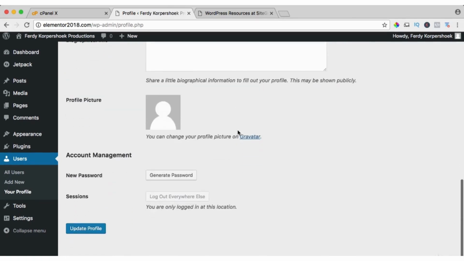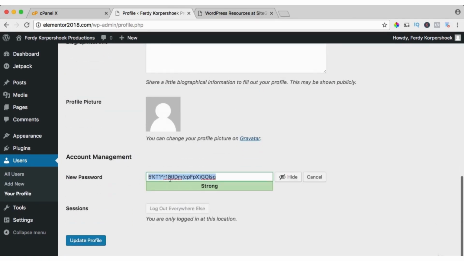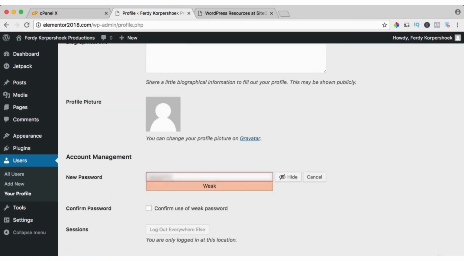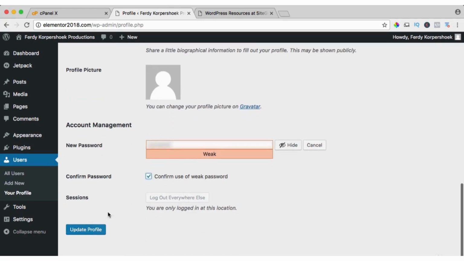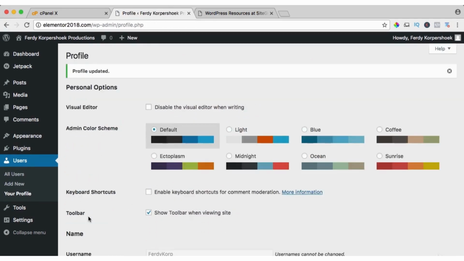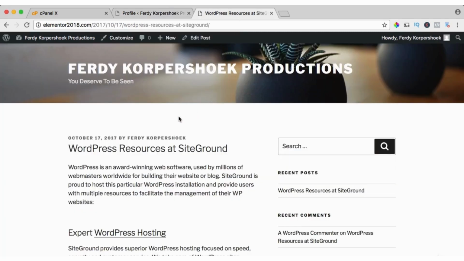I scroll down and if you want to, you can generate a new password. I can do that over here. Update profile. And that's done. Now if I refresh this page, it's by 30 Corpushoek. What I also see when I'm here at this blog post, I see elementor2018.com / the year and the date